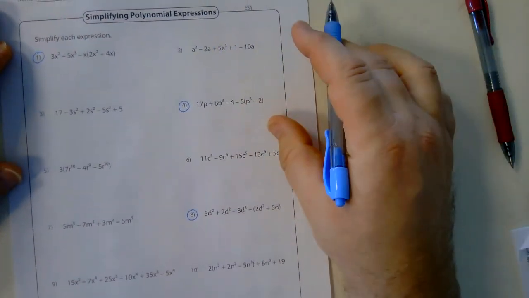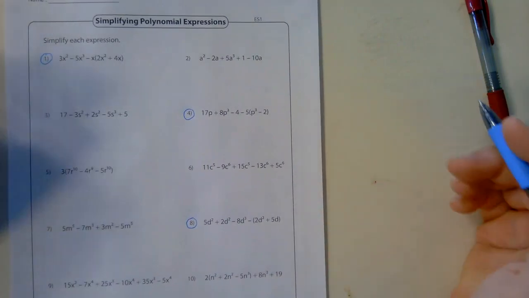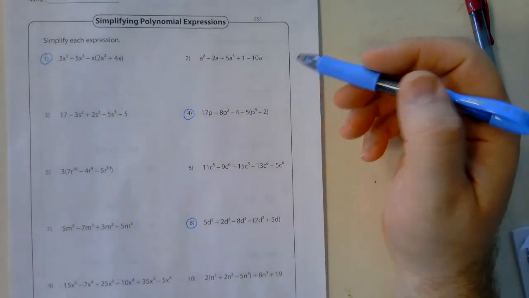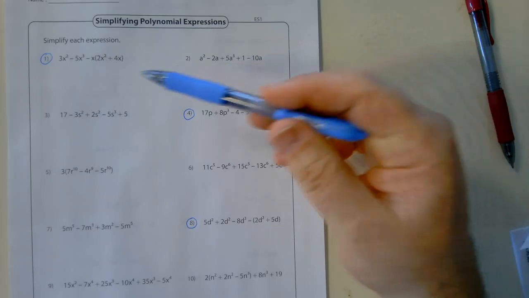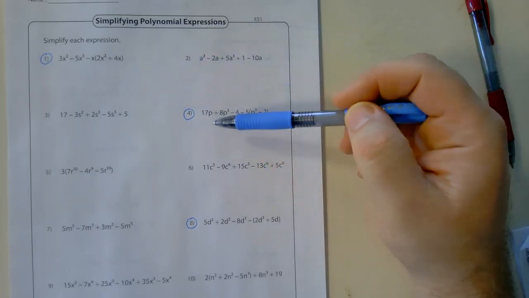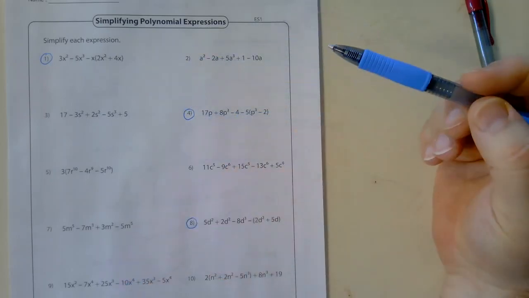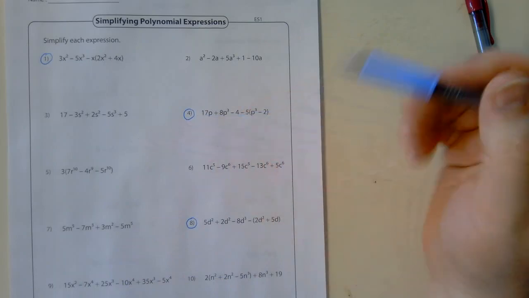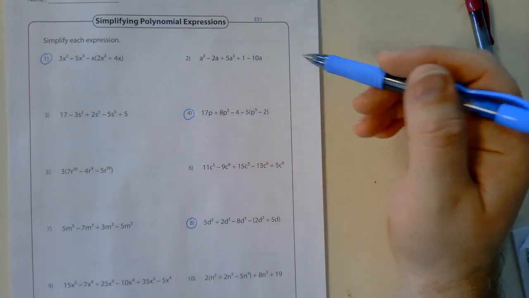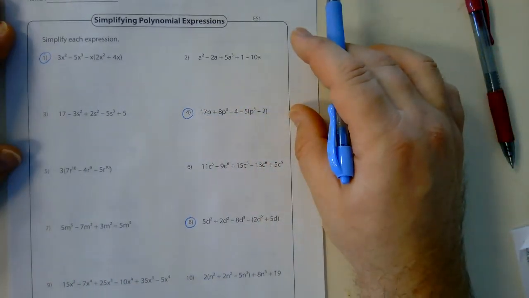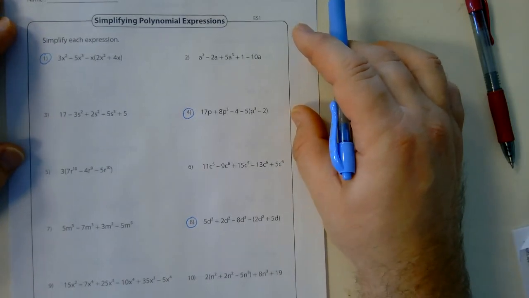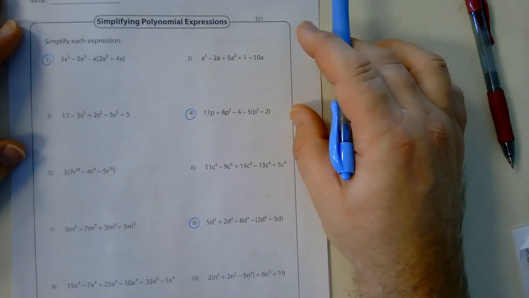Okay, this is worksheet number 2, simplifying polynomial expressions. This is the one where you as a student are going to do the majority of these problems, but I am going to go over 1, 4, 8, and 11 with you to show you the work and the process involved in simplifying expressions that are a little bit more complicated than what we saw on the very first worksheet,